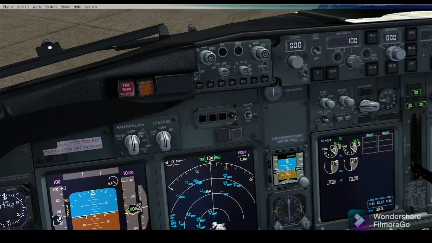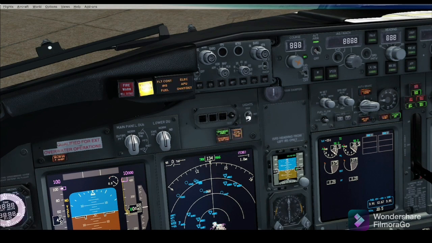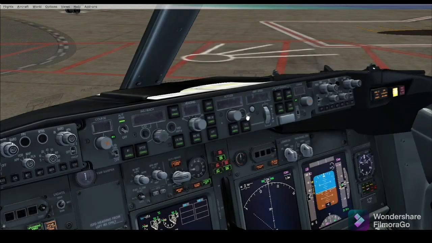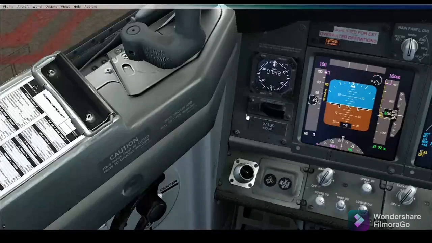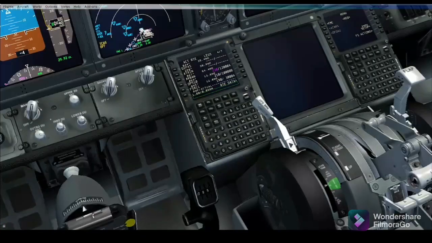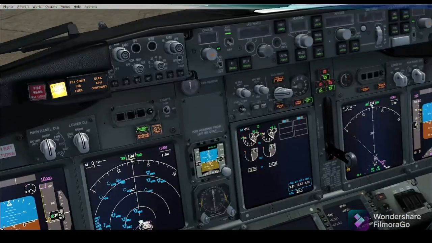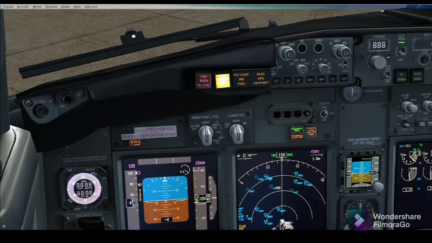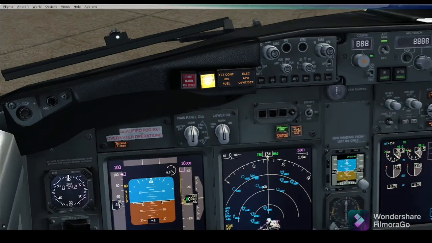Now there is a small switch for the annunciators and light test. The captain or first officer doing the cockpit check needs to do the light check because the lights indicate the proper functioning of the aircraft.